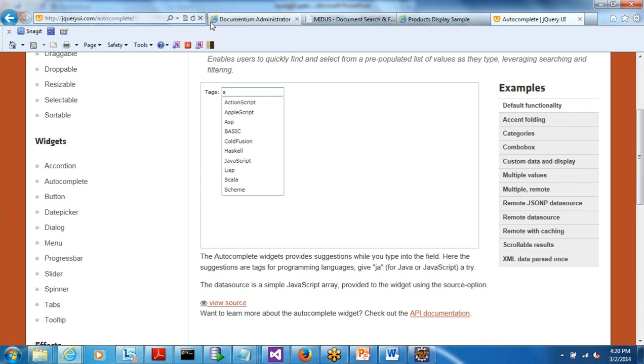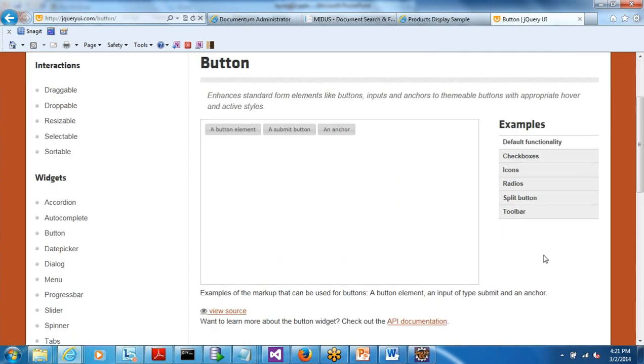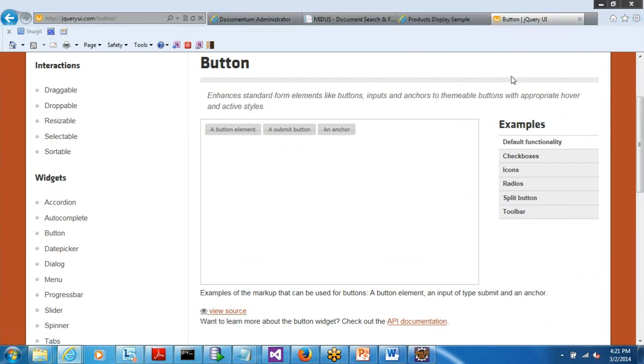And that it is doing by taking the keystroke or the character that you have typed in and doing a search for it and returning the commonly used search terms and things like that. So here they have, jQuery UI has special widgets called